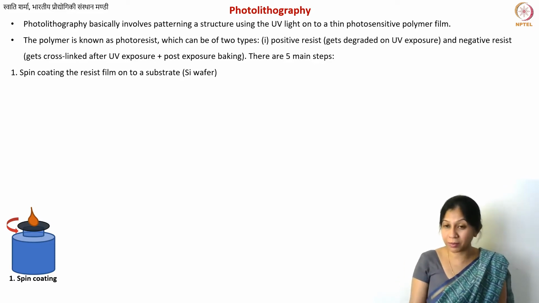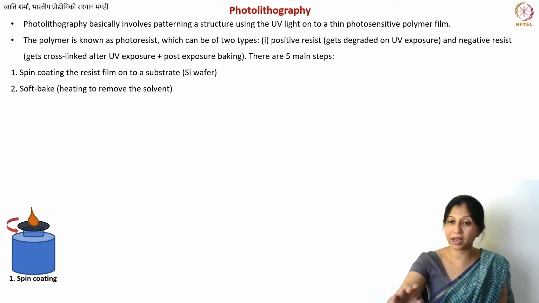Now you will be working with this film, and the thickness of this film can be determined by setting the correct rotations per minute, and also, of course, it will depend on the viscosity of your liquid. So if your photoresist is very viscous, in that case you may require higher RPMs to get a certain film thickness, and in the case of very less viscous materials, even at very low RPMs, you will get a thinner or thicker film that can be optimized using the viscosity of the polymer, and then you will make a film. So that is your step number 1, making a uniform film of polymer or resist on top of your cleaned silicon wafer.